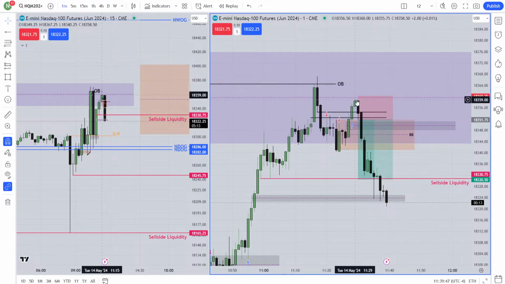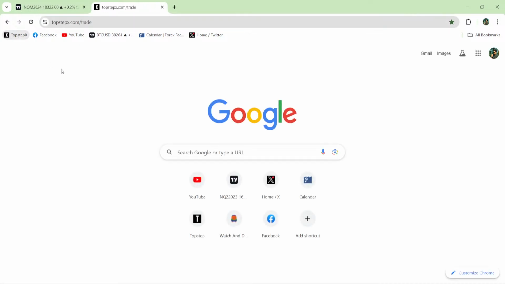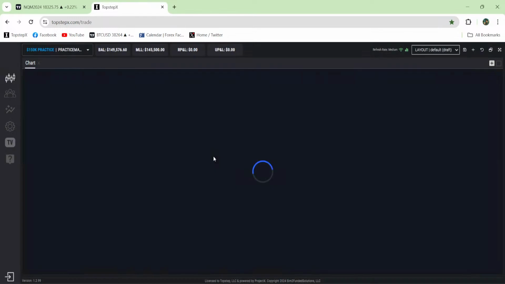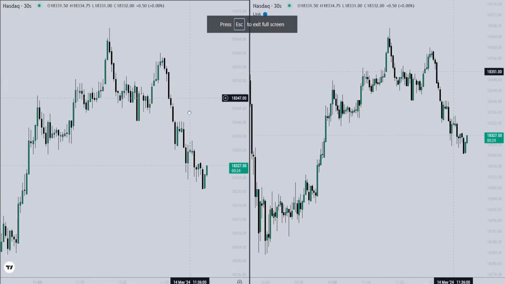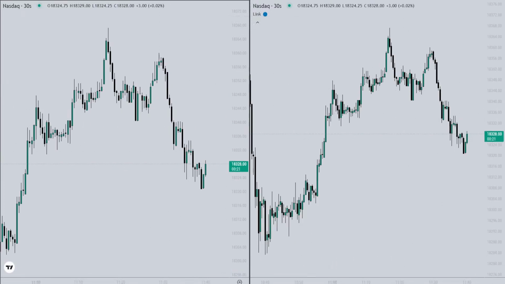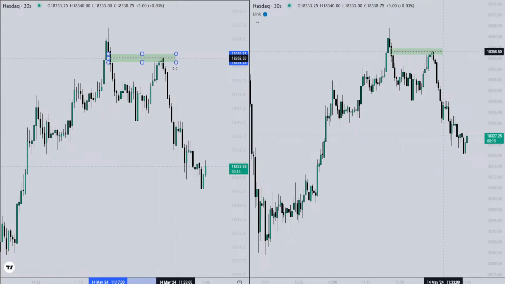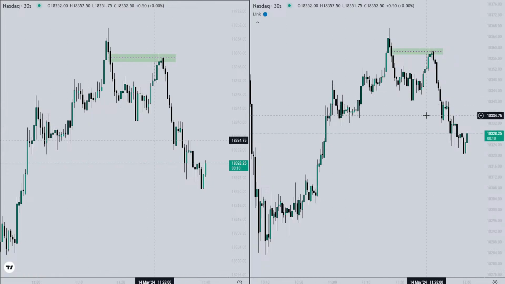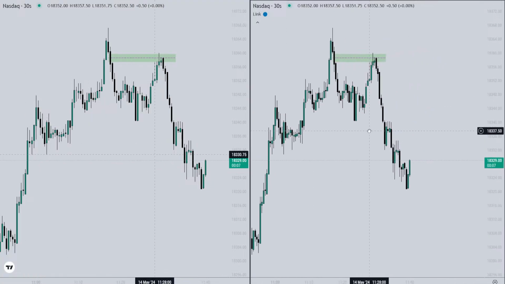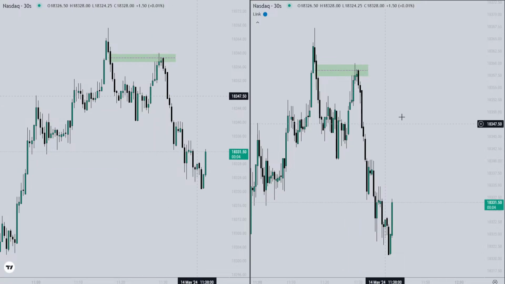I would love to see why it reached over there. Now, over here, this is the 50% of the last travel range from the hourly chart. That is the reason. I don't need any other reason. But to be honest, I would love to see if there is anything else. I hate you. Oh man. Okay. That was my fault.